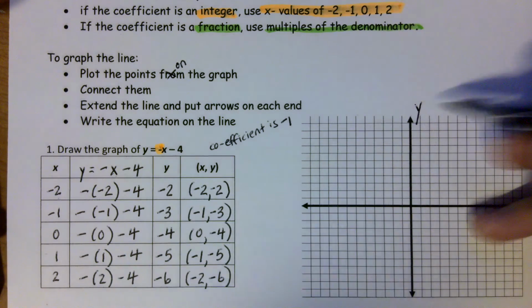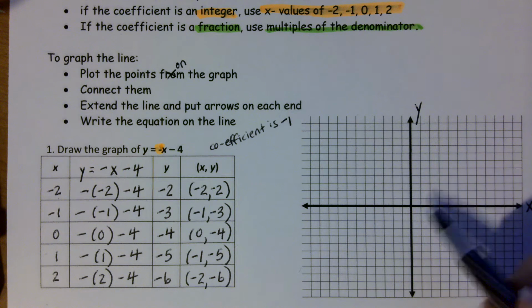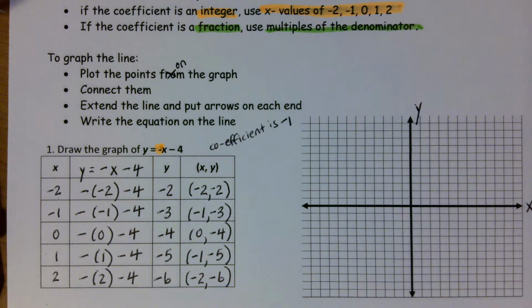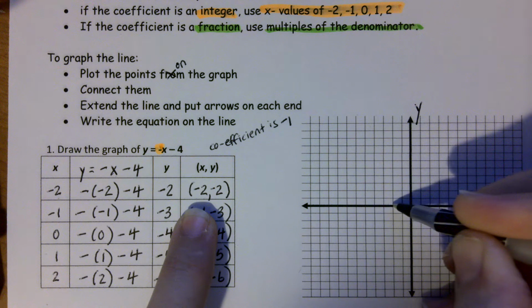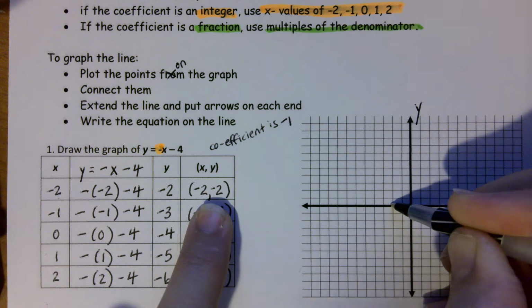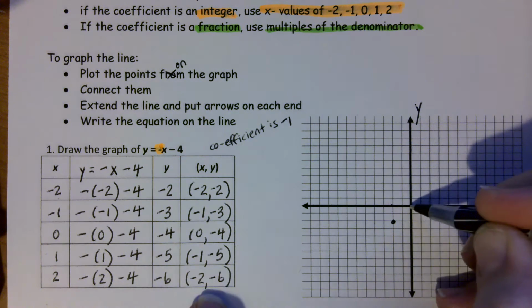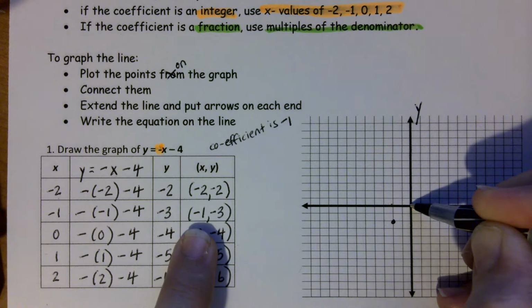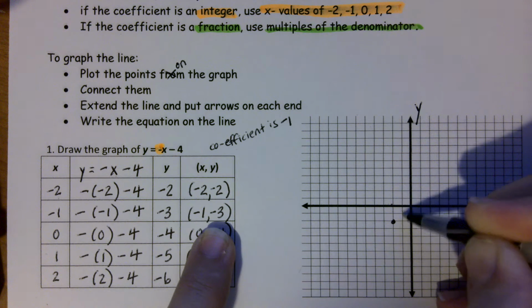So my y-axis, the long tail, is my vertical axis, and my horizontal axis is x. I always start at the origin to plot a point, and -2 means I go 2 to the left, and a -2 for the y value, I go down to put a point. Start at the origin again, -1, I go to the left 1, and a -3 for y, I go down